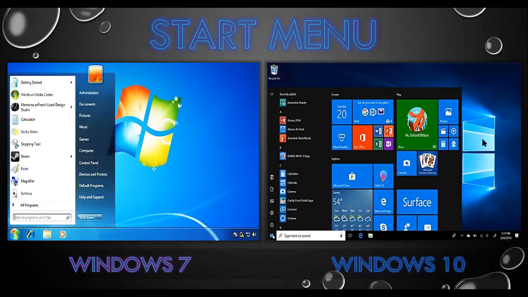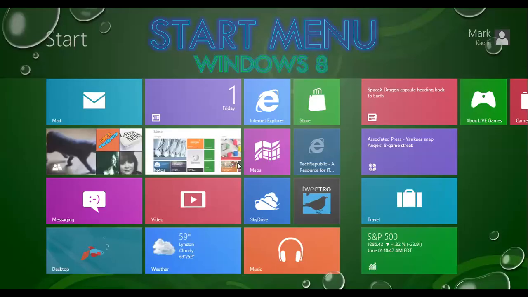So let's see how it was in Windows 8 and why I didn't keep it in this comparison. Now this is the Windows 8 operating system. You can see that a start menu is available here, but this is not the start menu. This is the main screen which you get when you switch on a computer with the Windows 8 operating system. That means you will not get the desktop in that.